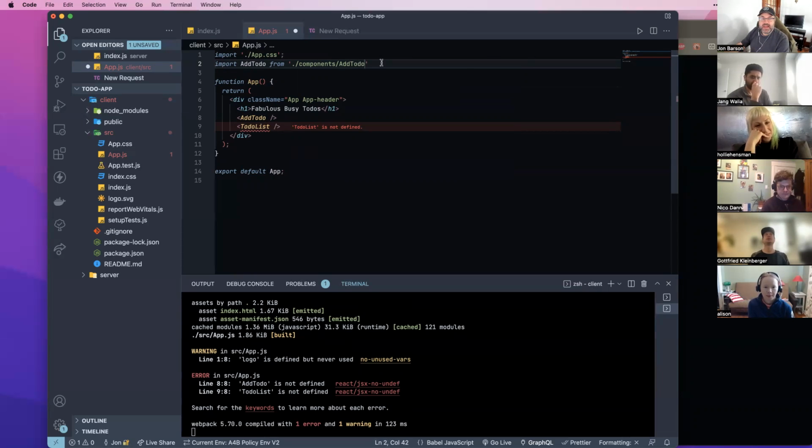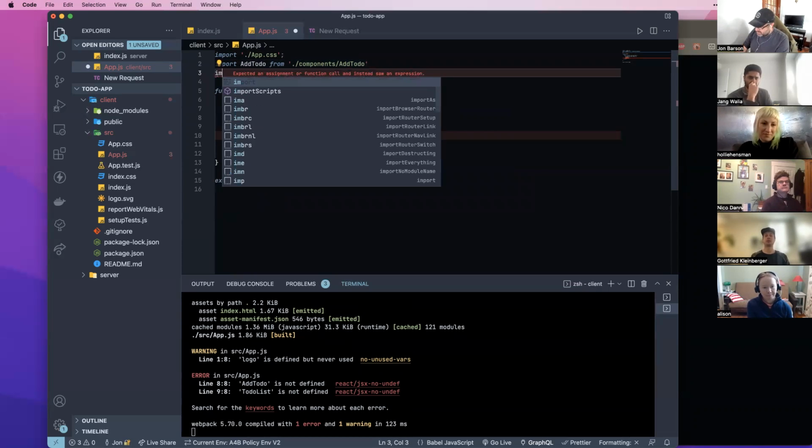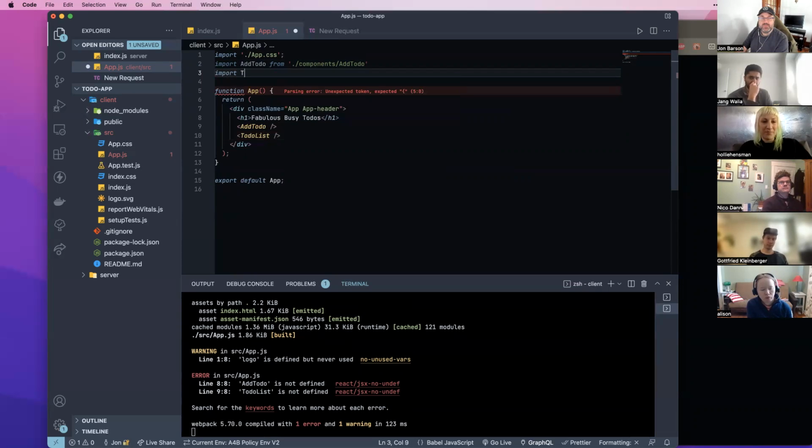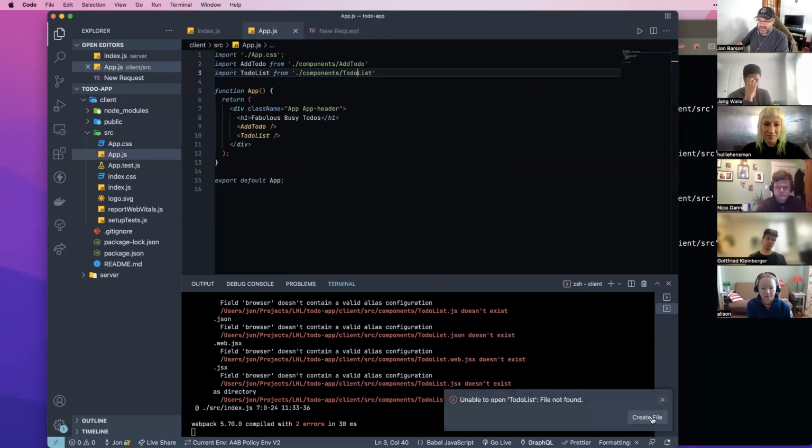And we'll name the file add to do, and we're also going to import to list from... All right, so I should make those. Yeah, don't worry about those errors right now. All right, so let's create these. Aha, so